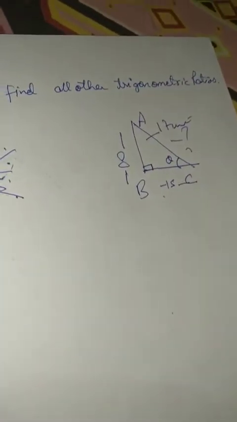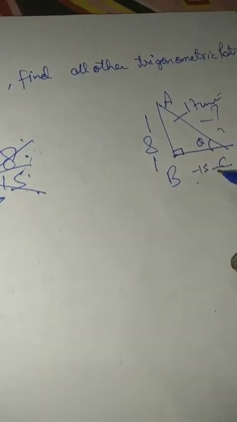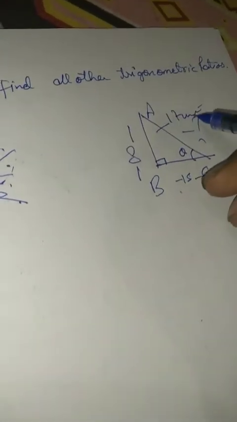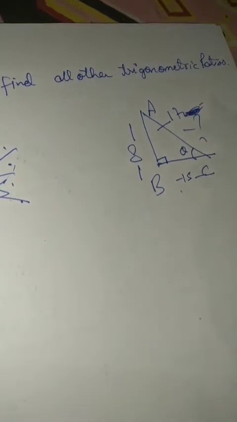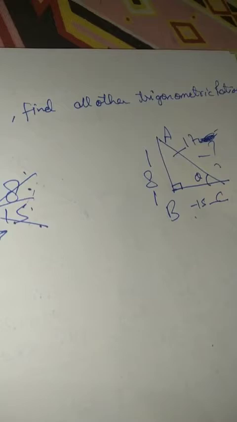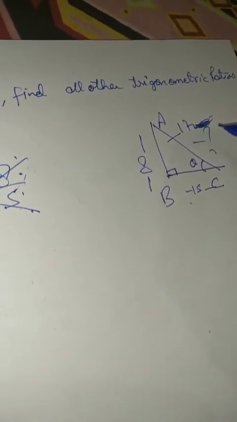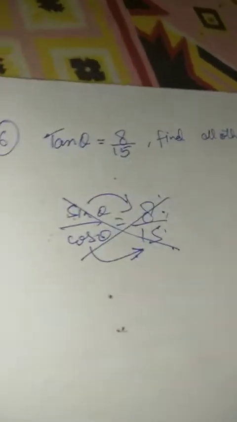Now there are 2 ways, since it is a ratio. This is the ratio given. It doesn't mean that it is exactly 8 meters or 8 centimeters, 15 meters, 15. Similarly over here. So it's better that we let it remain in ratio form only. Either we can take the multiplying factor to be x, then take 8x, 15x and 17x as the actual lengths of the sides. Or you can go ahead with 8, 15 and 17, that is also fine, no problem with that. If you would like to continue, let's continue with the same thing only.